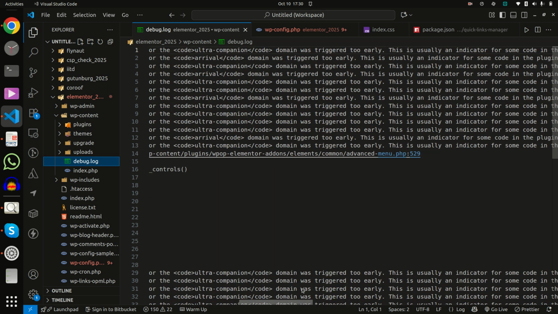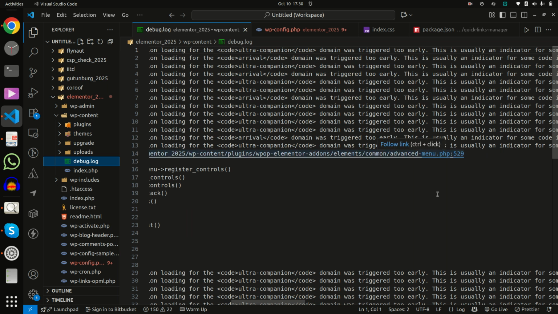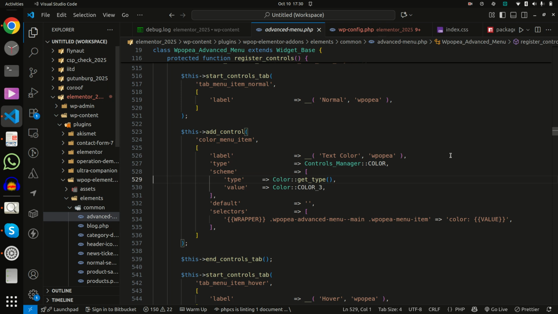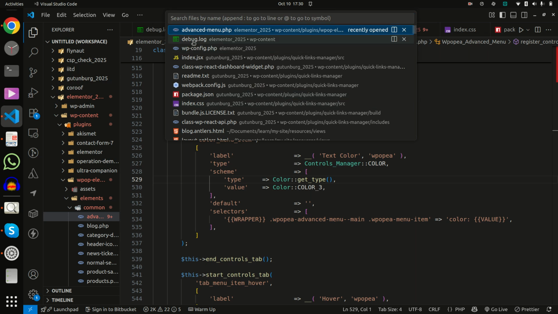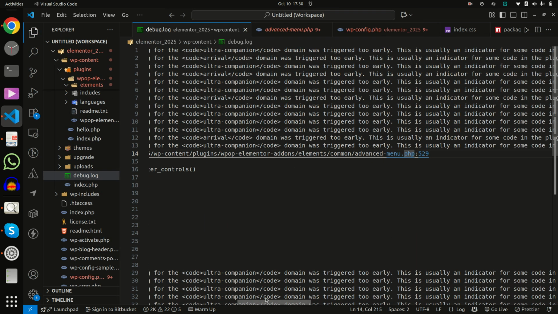You can fix this by going to advanced-menu.php inside the plugin and fixing it. Or you can wait for some time, wait for an update of this plugin, advanced-menu.php of WP Elementor add-ons, so that they can fix it and you can use this add-on.